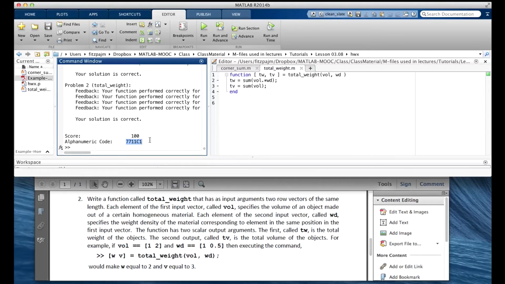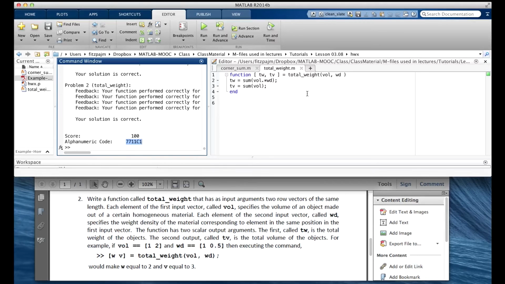I think we're on the right track, but for matrix multiplication, the inner dimension must agree, and here we have 2 row vectors of the same length. What if we transpose the second vector? That'll make WD a column vector, and of course vol is a row vector, so the inner dimensions are the same, their length. Whatever that length might be, they're supposed to have the same length, of course.